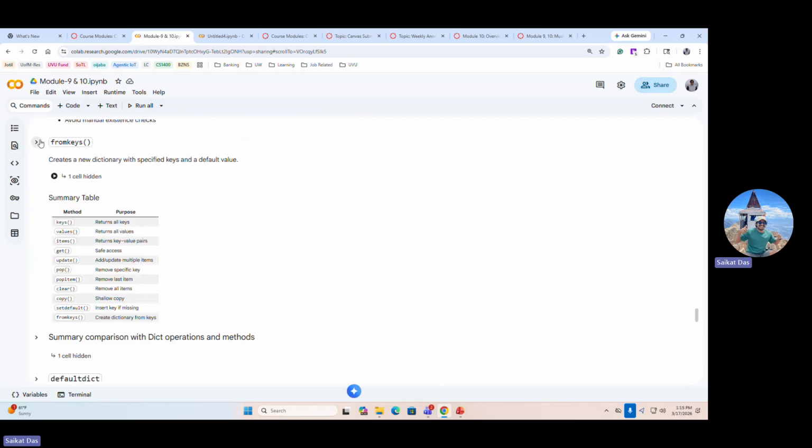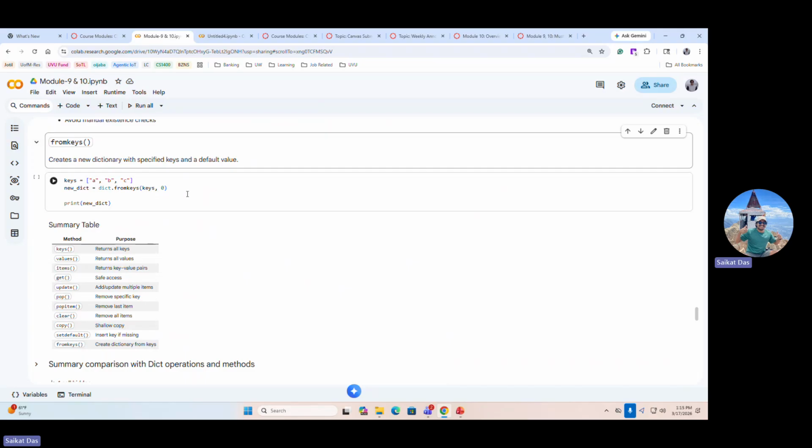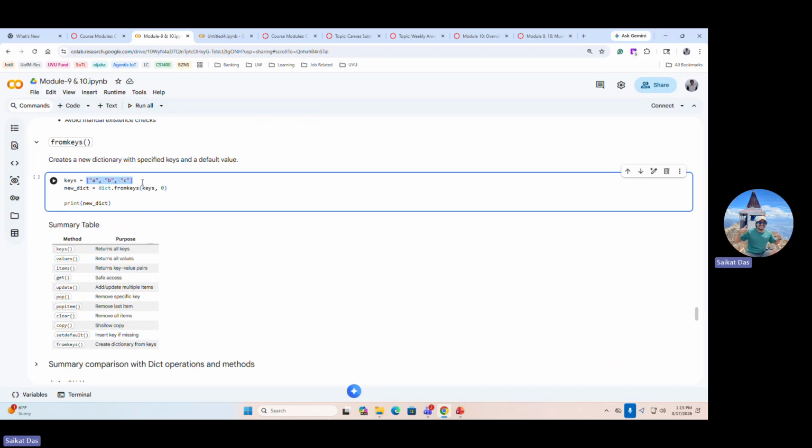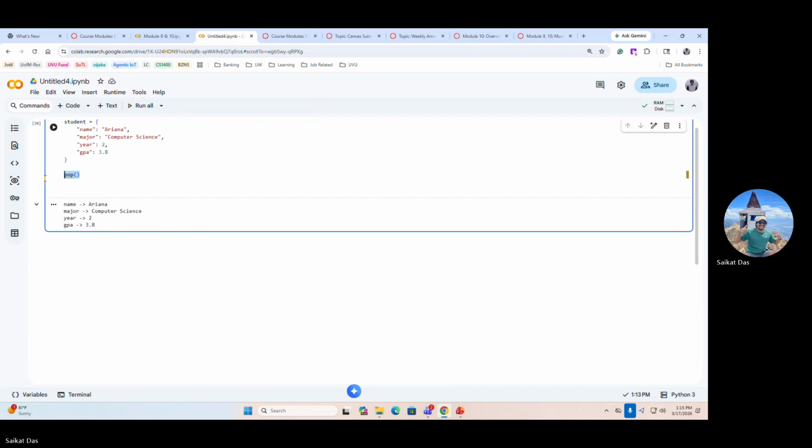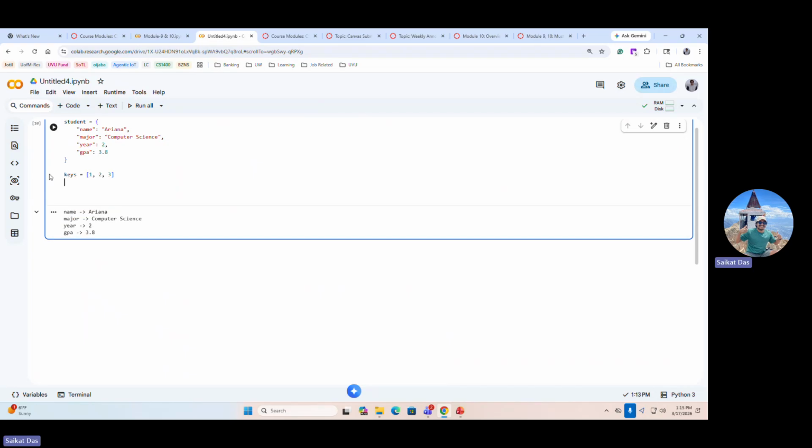Okay, fromkeys. fromkeys is a type of method that you can use to create a dictionary from a list or tuple. So for example, here is our keys, A, B, C, and we would like to create a dictionary from the keys. Now, here is our keys, like 1, 2, 3. And if you'd like to create a dictionary from the keys,